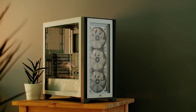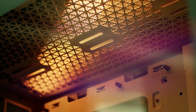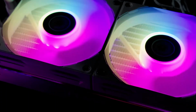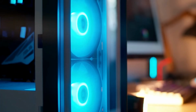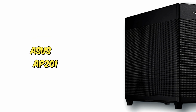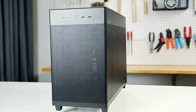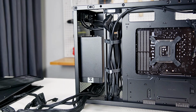cool under pressure during intense gaming sessions. With convenient cable routing channels and tool-free installation features, building your dream PC has never been easier. Whether you're a casual gamer or a seasoned enthusiast, the Corsair 4000X is sure to elevate your gaming experience to new heights. Asus AP21. Unveiling the Asus AP21 PC case, a revolutionary blend of style and functionality poised to redefine